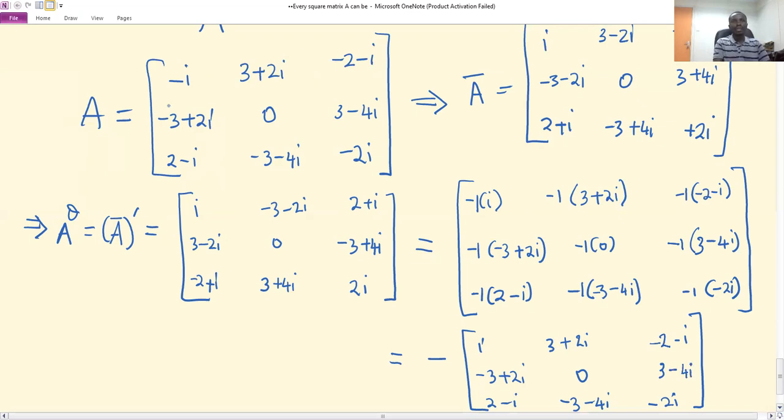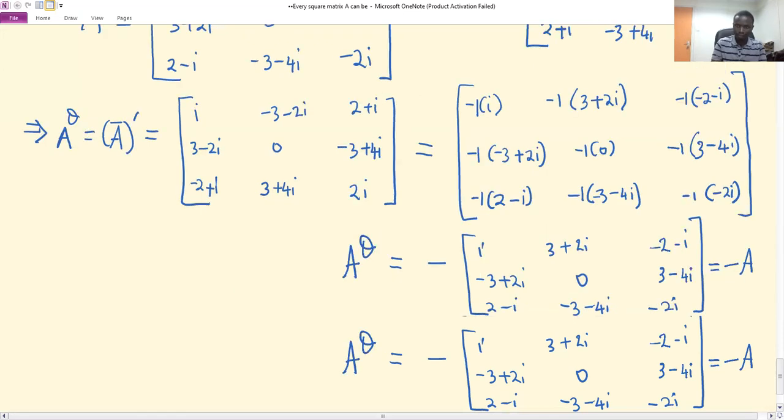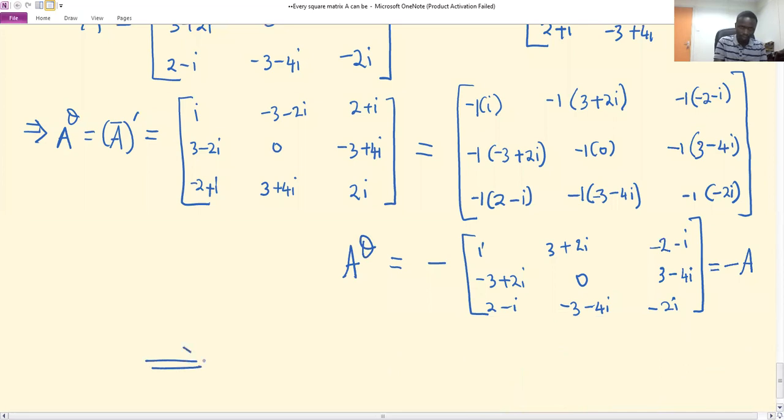You see, these elements are the same elements of matrix A. So this is the same as saying the negative of the A matrix. I remember this was the same as A power theta. So which implies A power theta is equal to negative A,